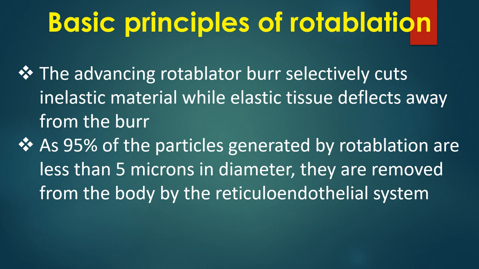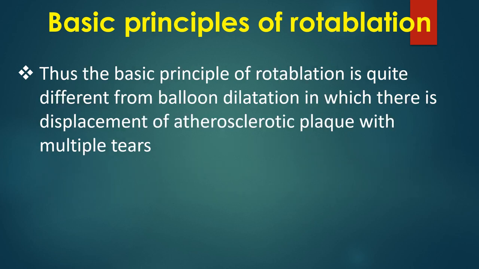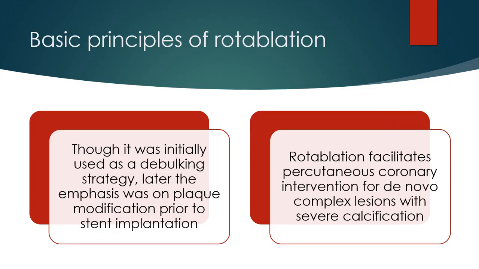As 95% of the particles generated by rotablation are less than 5 microns in diameter, they are removed from the body by the reticuloendothelial system. Thus, the basic principle of rotablation is quite different from balloon dilatation, in which there is displacement of atherosclerotic plaque with multiple tears. Though it was initially used as a debulking strategy, later the emphasis was on plaque modification prior